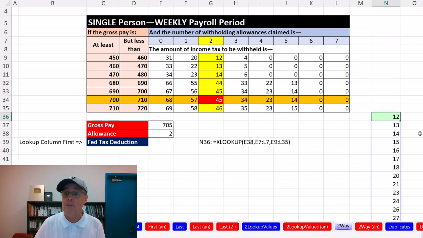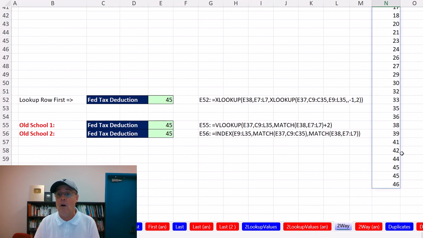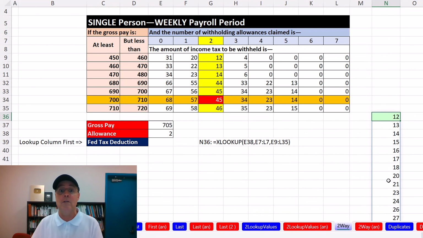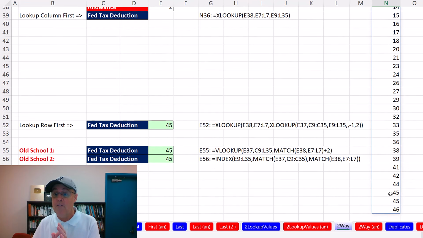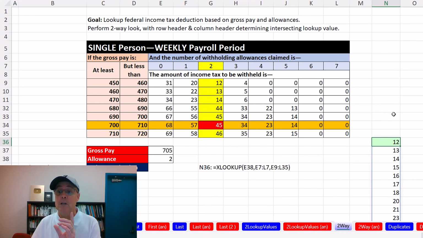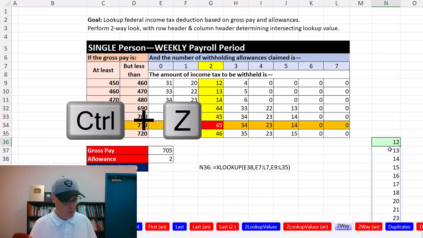If we pull it off to the side, there are all of the internal values. That's the payroll tax we're trying to get. And sure enough, 45 is one of them. This is going to be return array in the next XLOOKUP we use. Control Z,